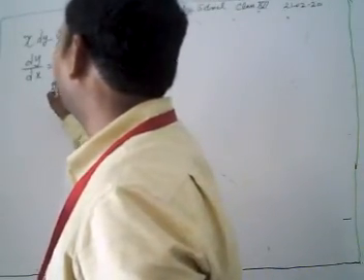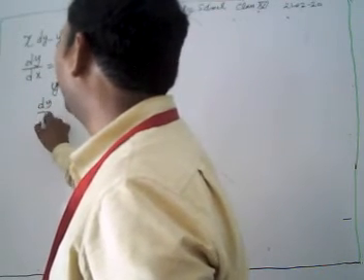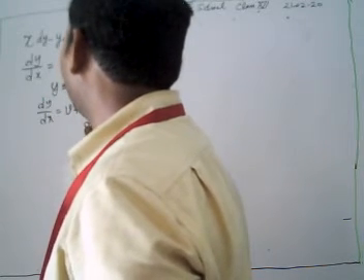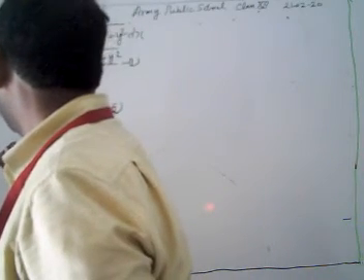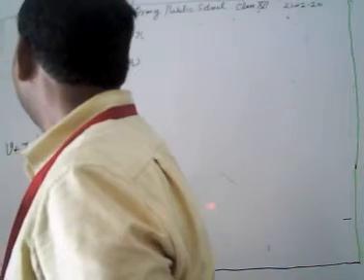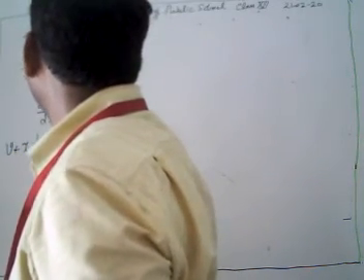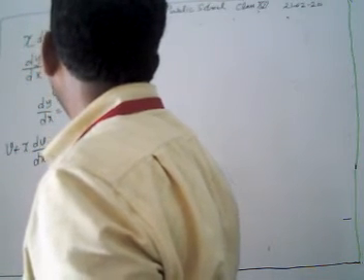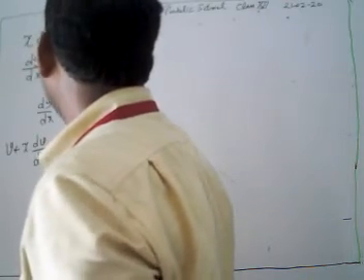Look, what do we do? We start with y equal to vx. Then we have dy/dx equal to v plus x dv/dx. This is our equation 2 and this is our equation 1. Using equations 1 and 2, we have v plus x dv/dx equal to vx plus under root x square plus v square x square upon x.